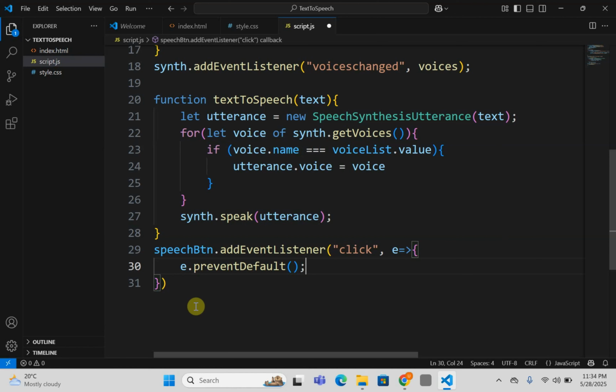So we are going to check if the text area is not empty. How are we going to do that? We are going to use